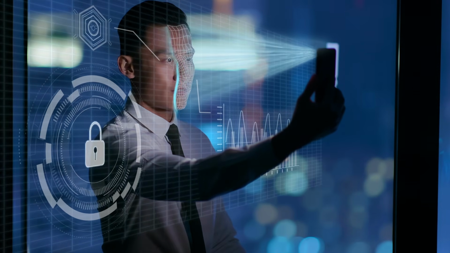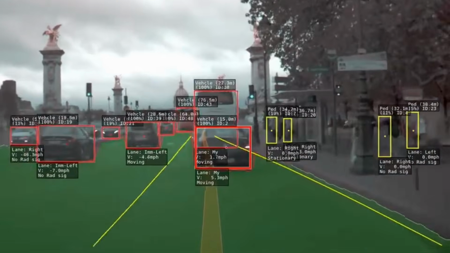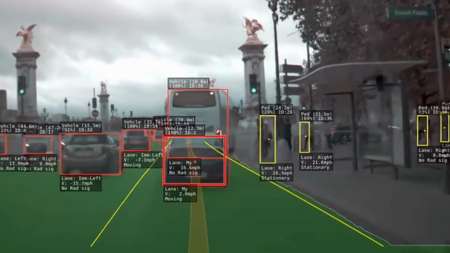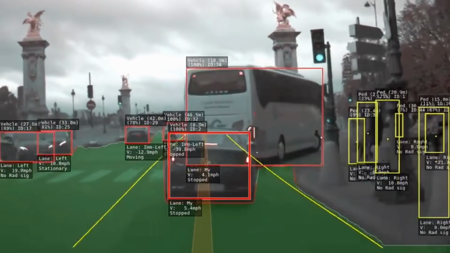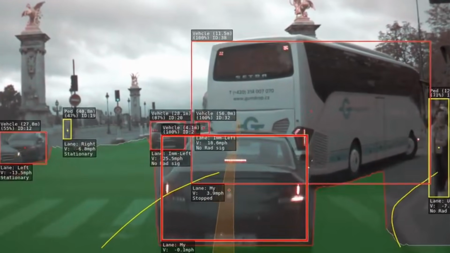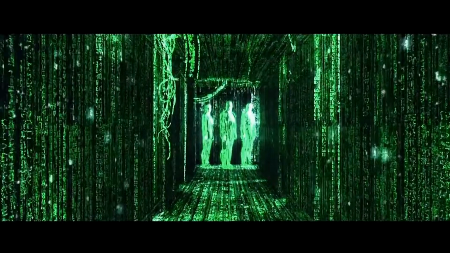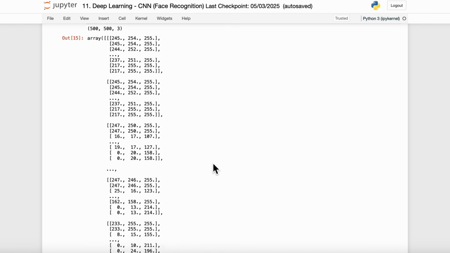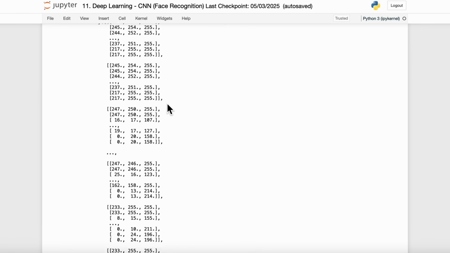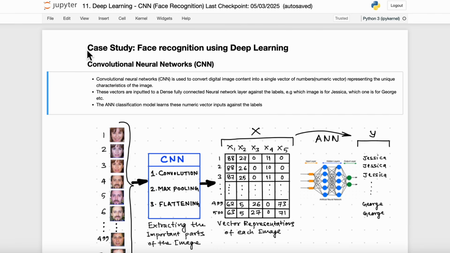Face recognition, object detection, and self-driving cars. Look at that. How the car is able to see everything around it using the numeric data of images. It kind of feels like that scene in the Matrix movie when Neo was able to see the code in everything around him. I hope after watching this video, you will also start seeing the numbers behind the images just like Neo. Because we are going to discuss exactly how the CNN algorithm works using a face recognition case study